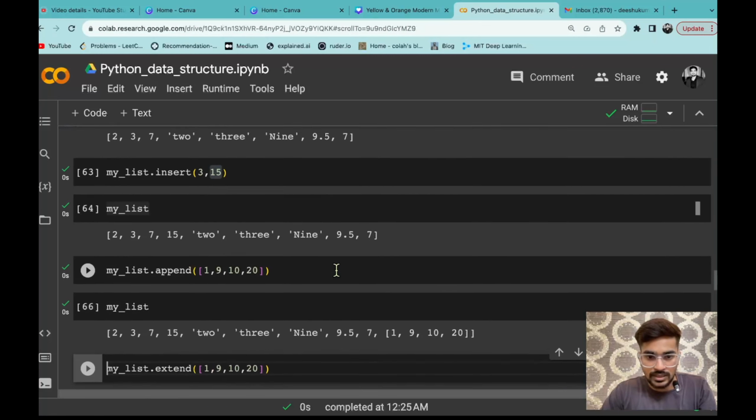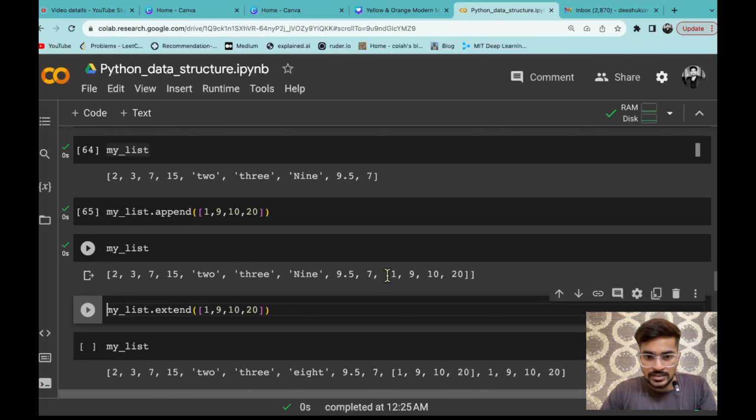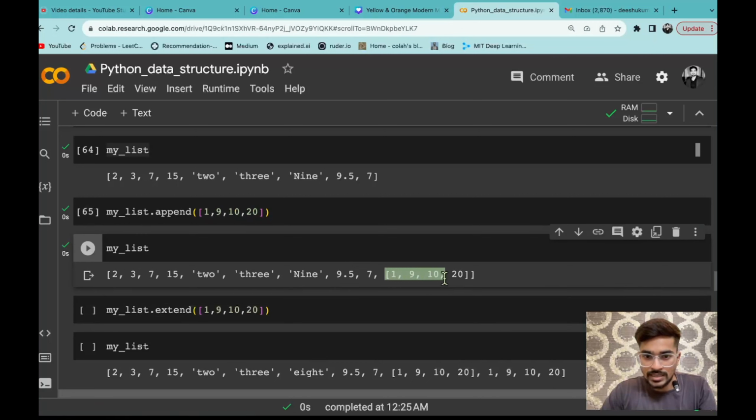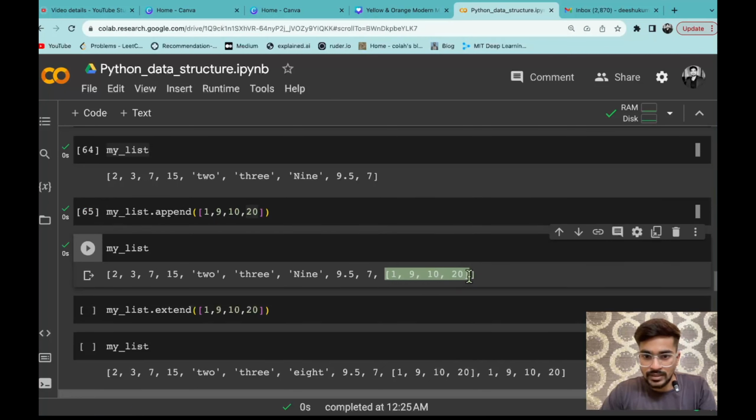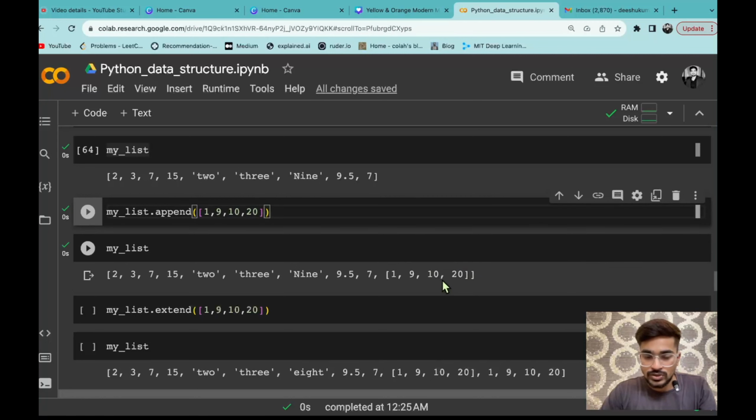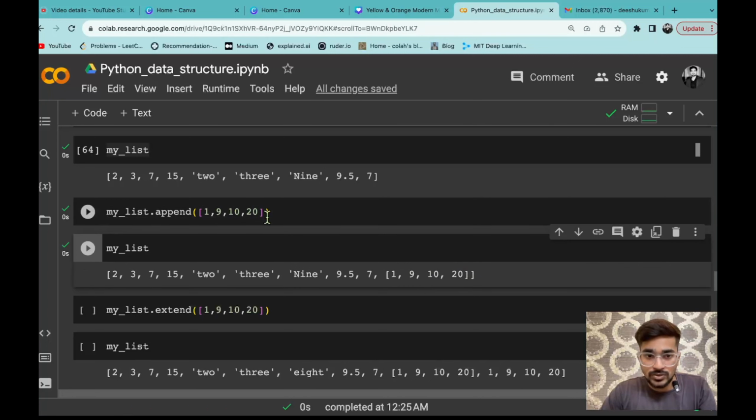If I just print that, you can see it has inserted that list of elements, but not the individual elements has got inserted here. All the elements as a list has been inserted, like the whole list got inserted. You can see there is a sign of a square bracket outside of those elements. So this means that the list you provided has been inserted as a whole, instead of inserting all the elements of that list one by one.